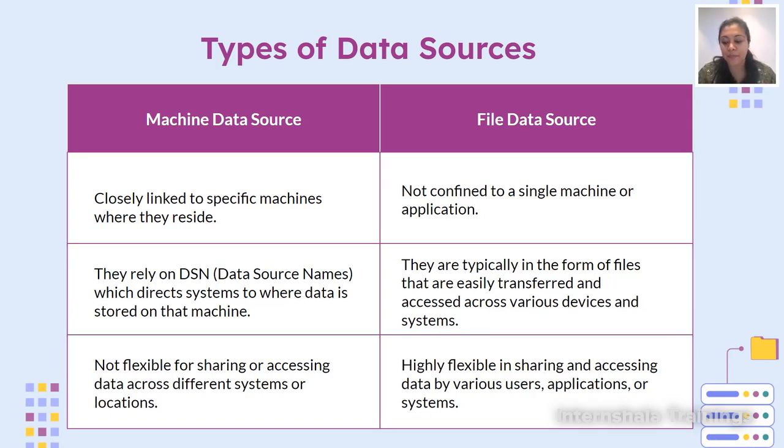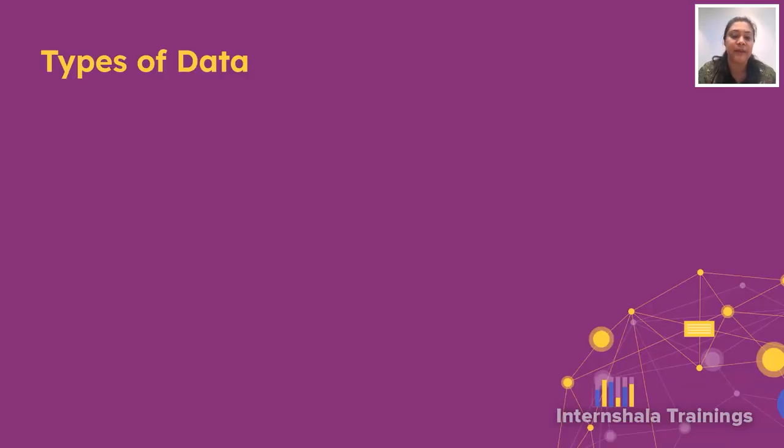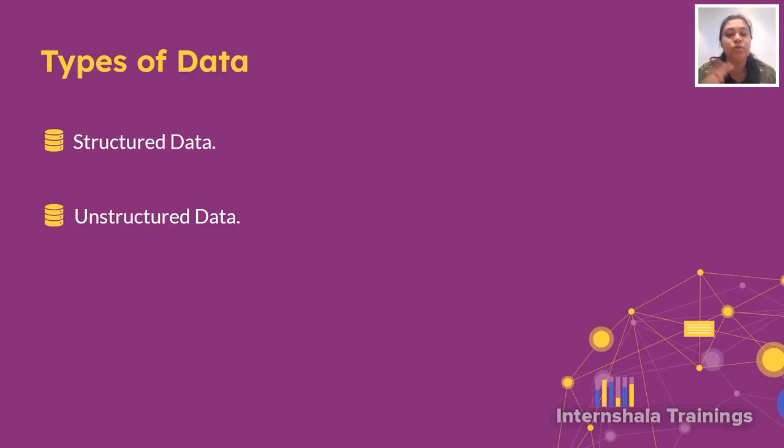Okay. Now let's come to what are the types of data we have. There are two types of data. One is structured, one is unstructured data. Now from the structured and unstructured data, these two names you might wonder. Structured is something that is well organized, right? So the data is organized in a particular table, stored column and row wise. But when you talk about unstructured data, it is not organized. It is disorganized. You don't know what the actual data is in the form of a row and column. So it is disorganized and we don't know the actual data that's inside it.